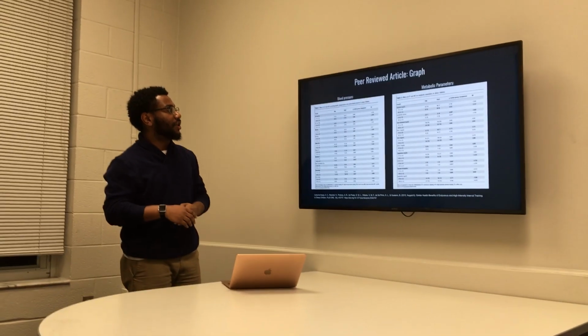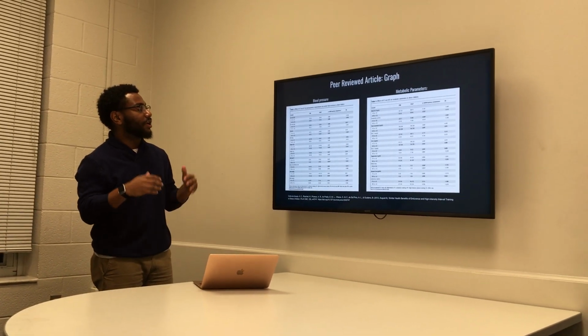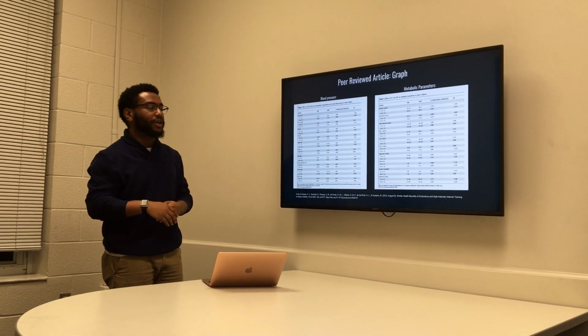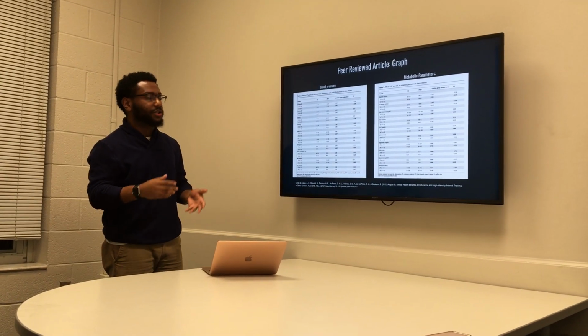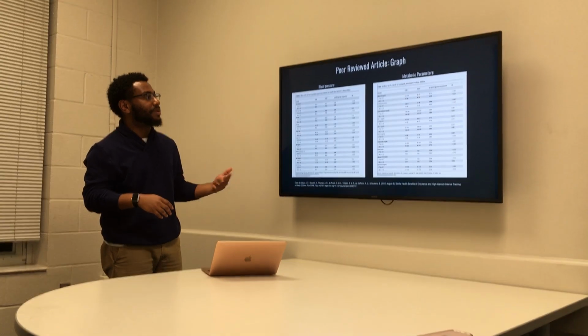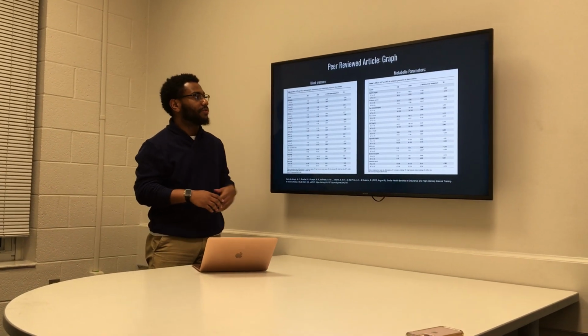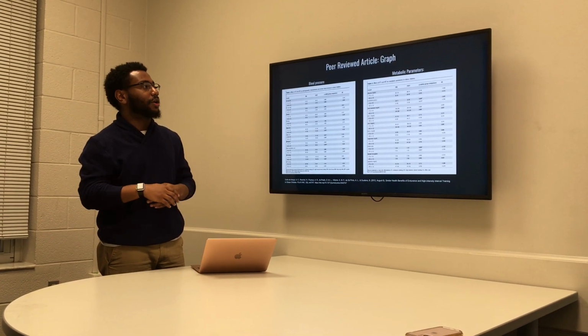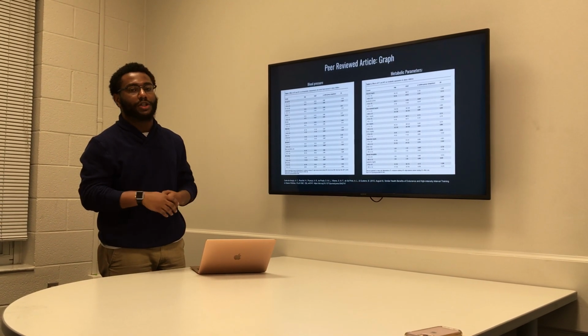And from this graph on the left with the blood pressure, it pretty much sums up that endurance training and HIIT training are pretty similar with the pre-test and post-test, and also with the p-value. From the right, it discusses the metabolic parameters and how the endurance training and HIIT